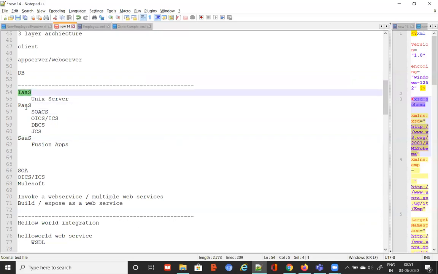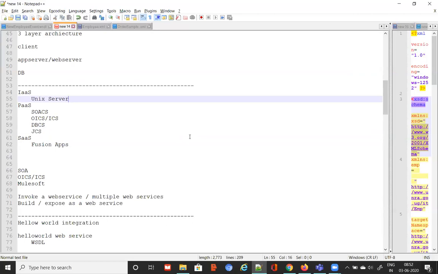There is nothing where technically you will say this is PaaS and this is SaaS, right? It's up to you how you want. I'm just trying to make it very generic. This is a logical representation only, IaaS, PaaS, and SaaS. Actually, what you're taking is some service on the cloud and you're using it. It could be Fusion applications, also a service. JCS is also a service, Java Cloud Service. Integration Cloud is also a service. And a Unix server is also a service for you.